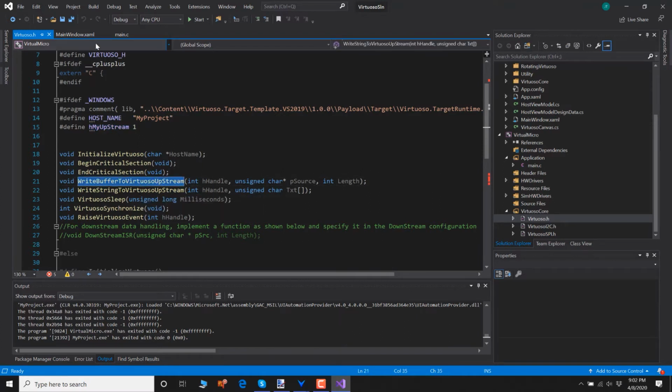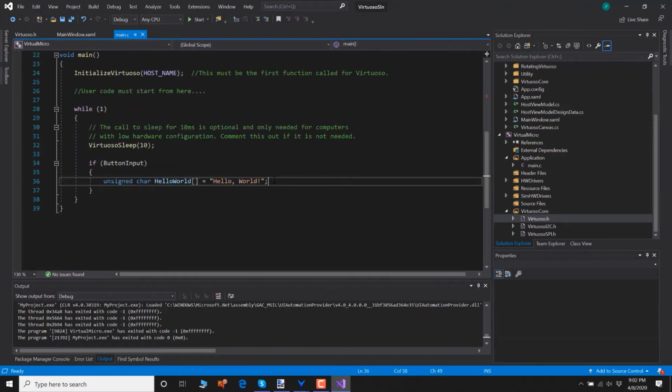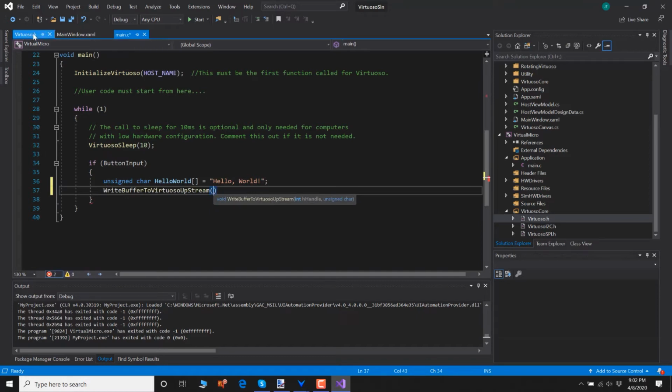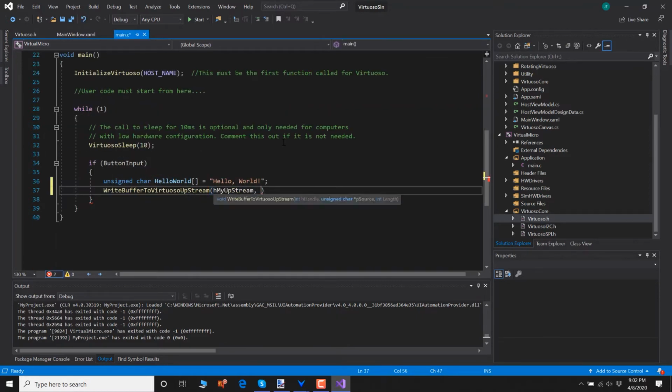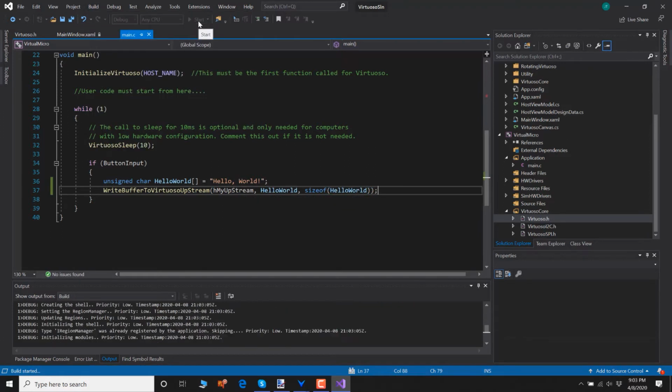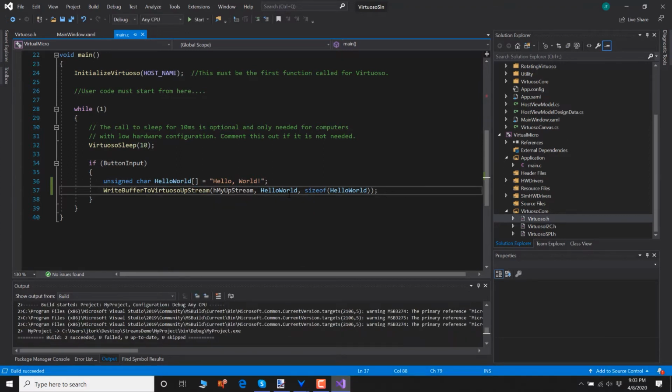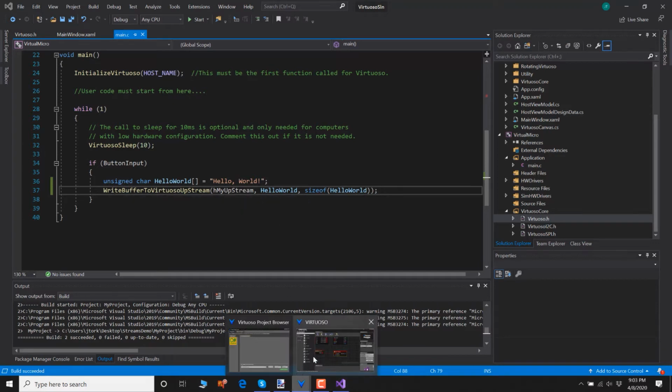So I'm going to call this, and this is my handle. Pass in hello world, and inside hello world. Okay, so this should now work. Again, this would all be in general inside the hardware abstraction layer for virtualizing the UART. So also,